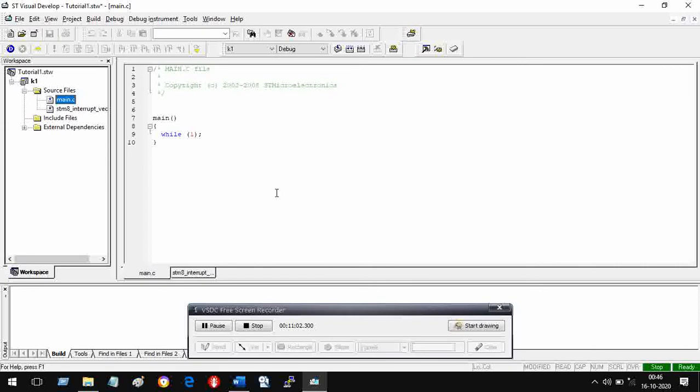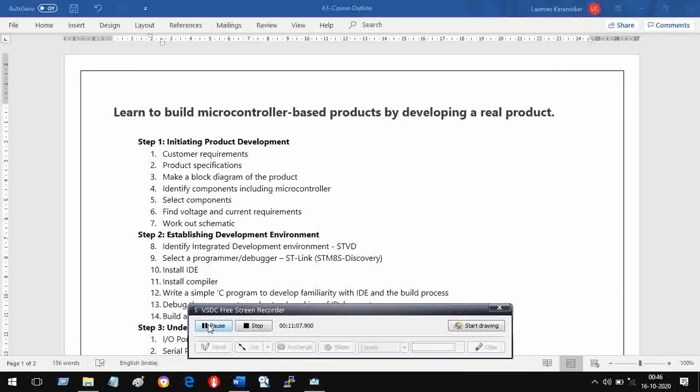And here I pause for a moment to see what we have to do next as per our schedule. So what we have done so far, we have done 8, we have done 9, that is, you had identified and downloaded and installed STVD. You also installed a compiler, you installed IDE. Now you are going to write some simple C program to develop familiarity with IDE. We have already done it once, but now the flow has started because now the IDE is functional on your PC.